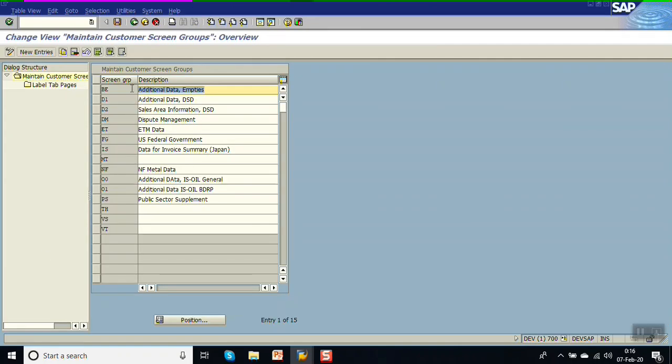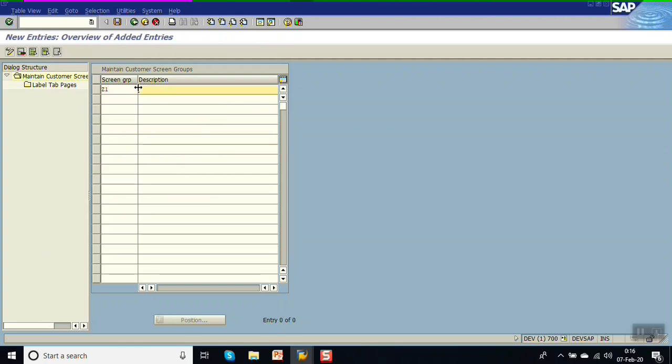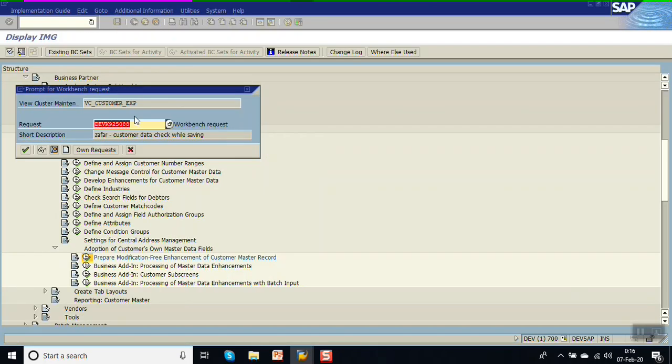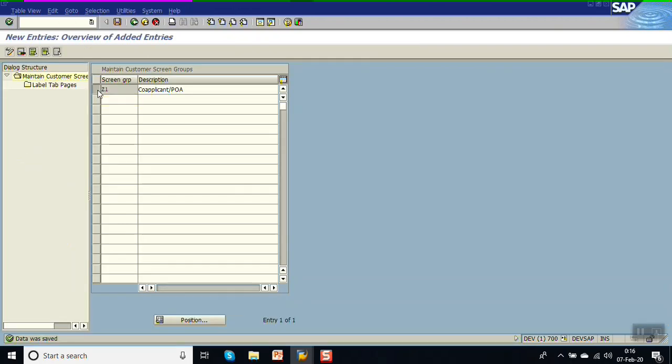Here those are the other screen groups. We have to add our new screen group. We'll give Z1, co-applicant and POA. Save in a request. Now select this group